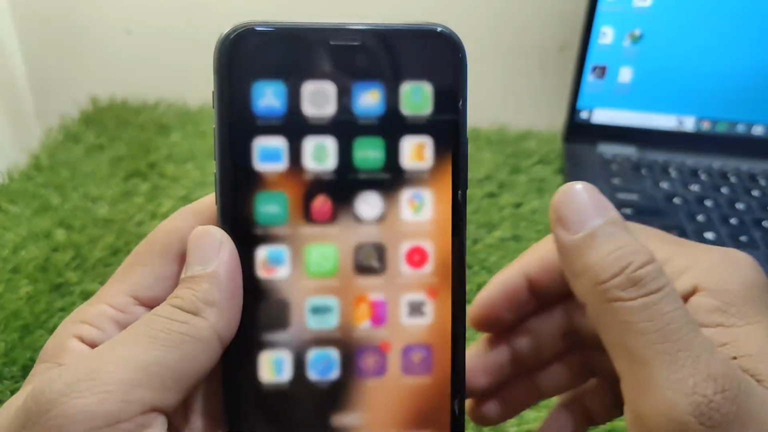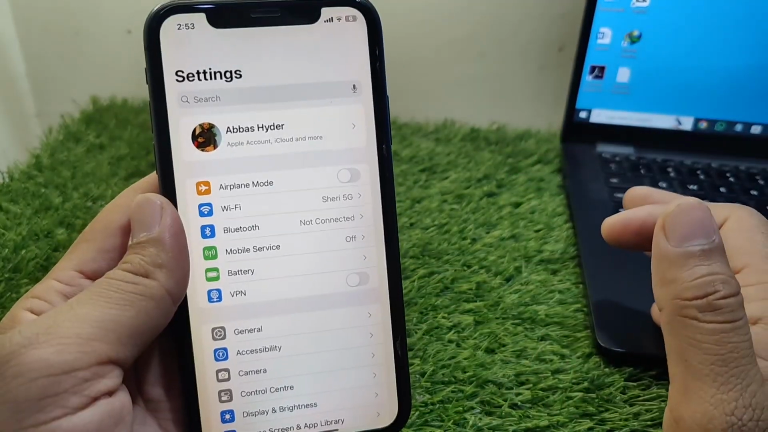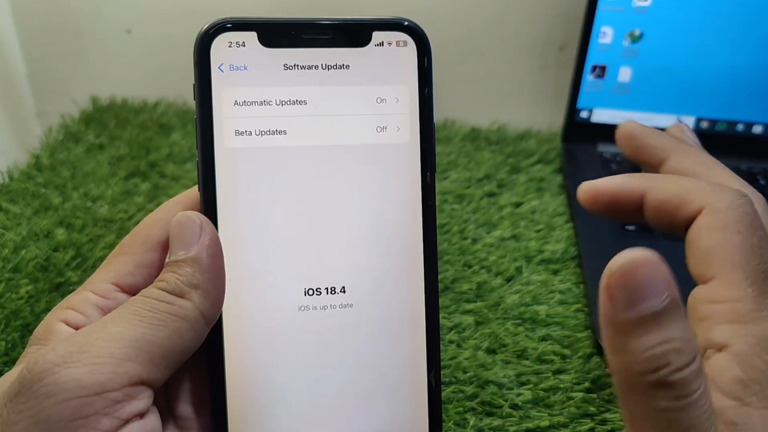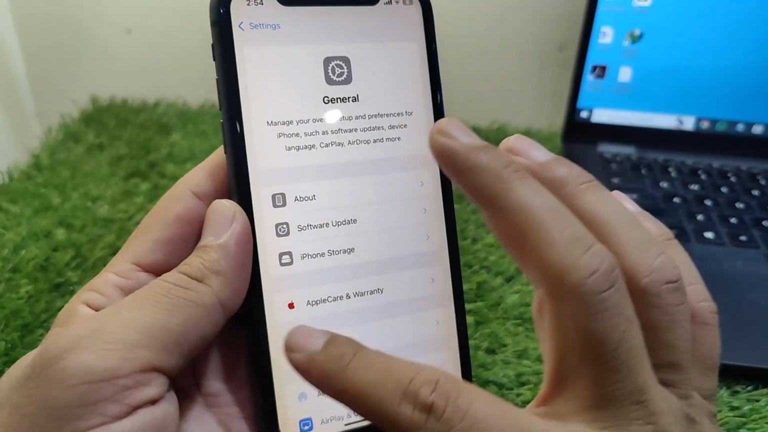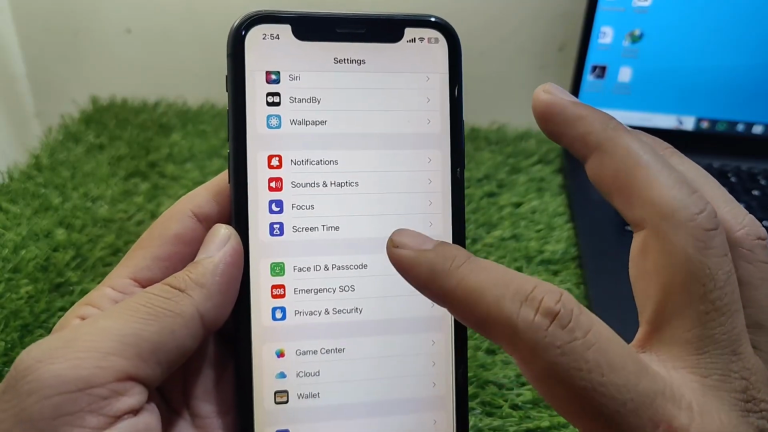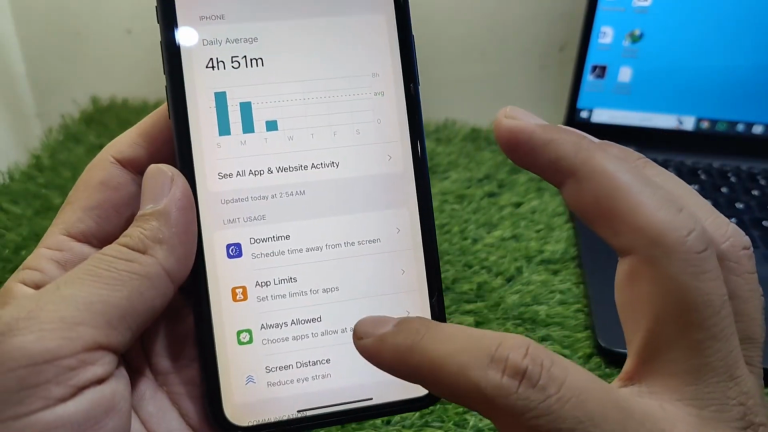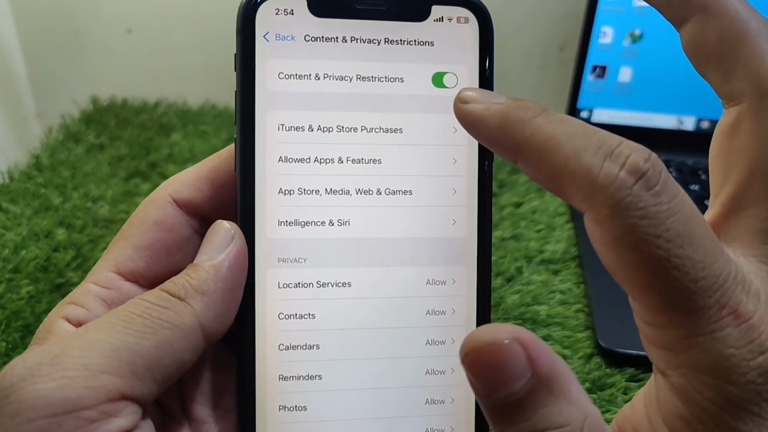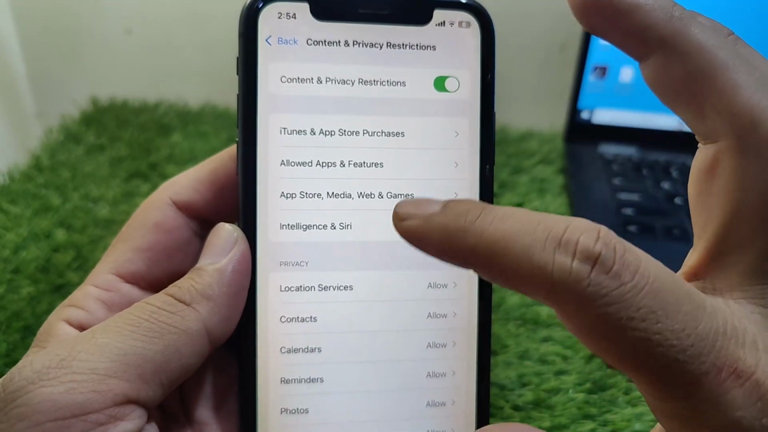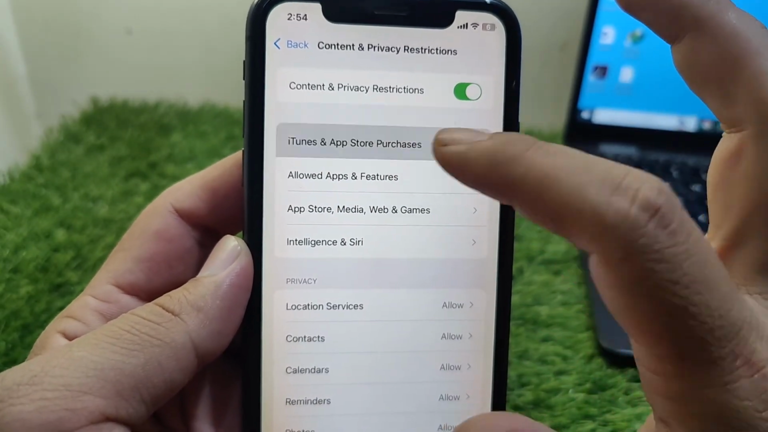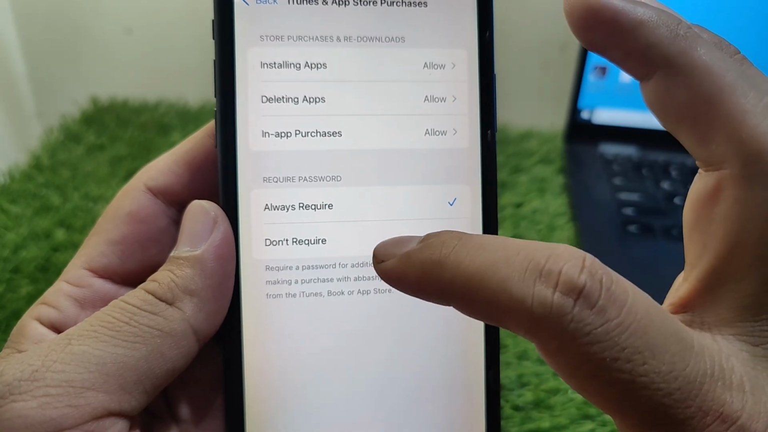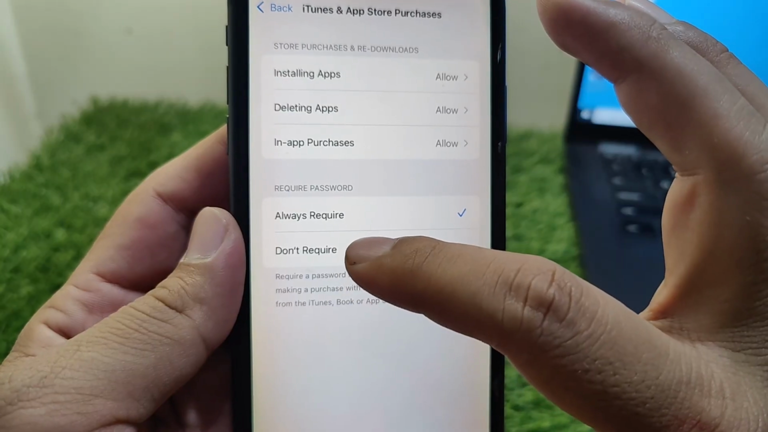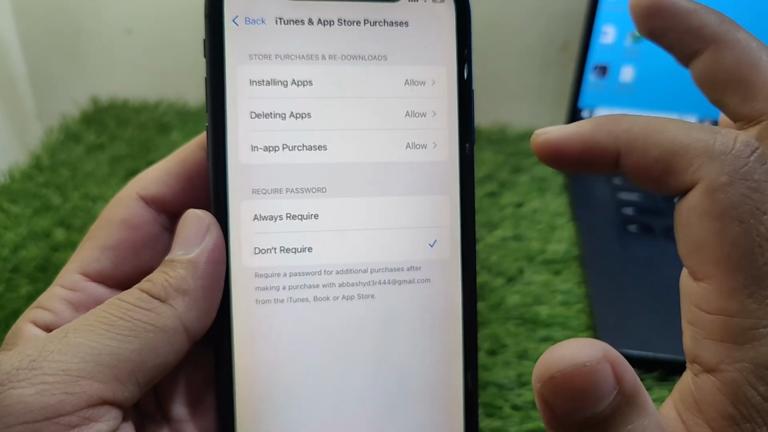So guys, first of all, go back to your home screen and now open Settings on your device and then scroll down and tap on General, tap on Software Update and update your software to the latest version. So guys, do this and after this go back and now scroll down and tap on Screen Time, and from here scroll down and tap on Content and Privacy Restrictions, and then you have to simply turn on the toggle for Content and Privacy Restrictions and then tap on iTunes and App Store Purchases, and then here you have to simply check this to Don't Require. So guys, here you can see you have to check under Require Password as Don't Require. Simply check it to Don't Require, and after this go back